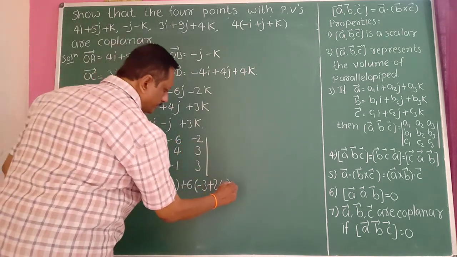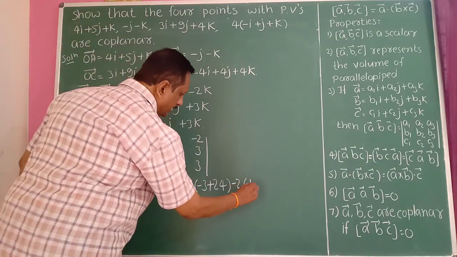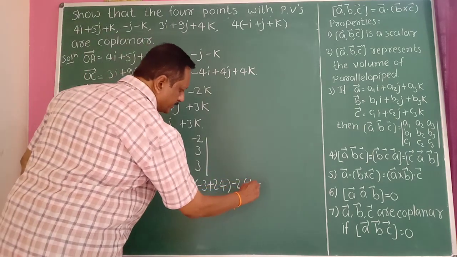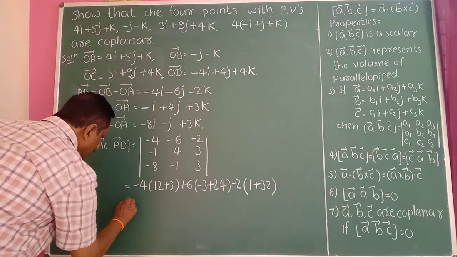Then minus 2 into (minus becomes plus 1) here. Minus of 8 fours are 32 here. Minus into this minus, with plus 32 here. Therefore, this is equal to